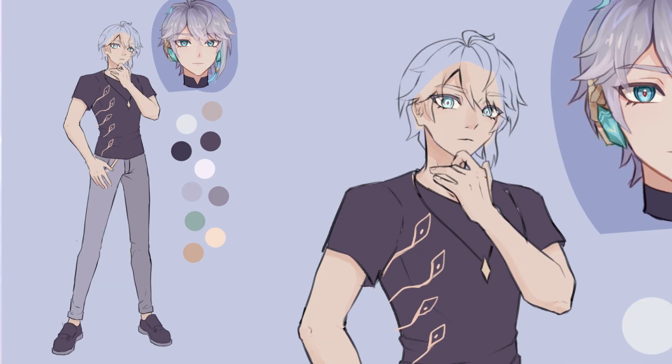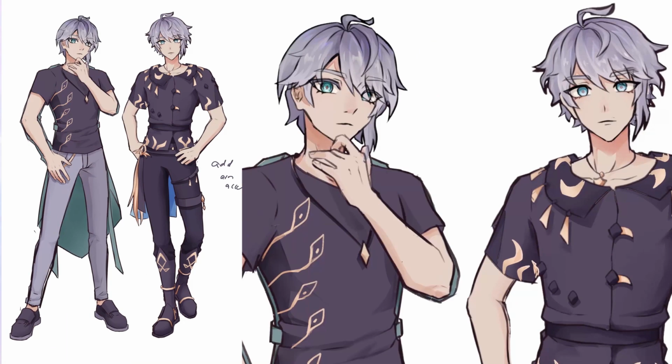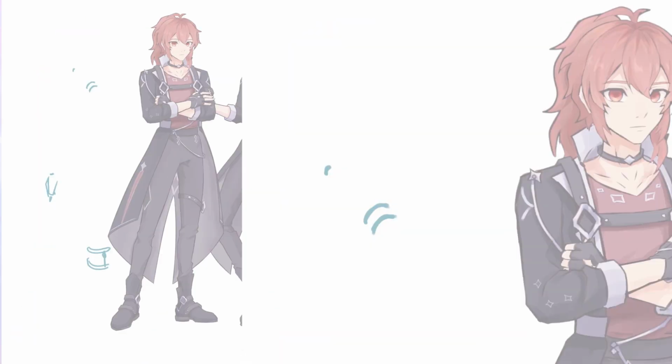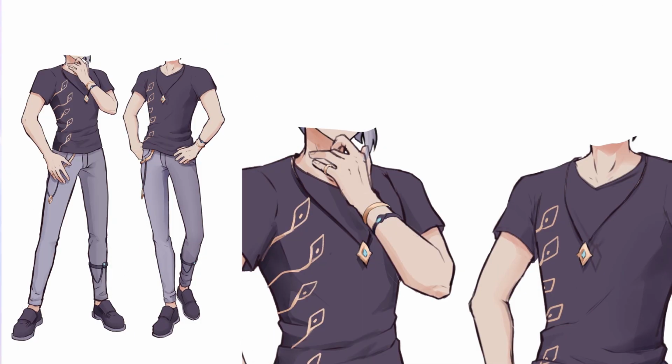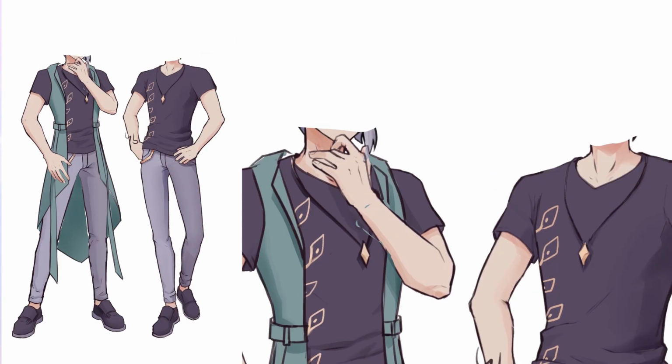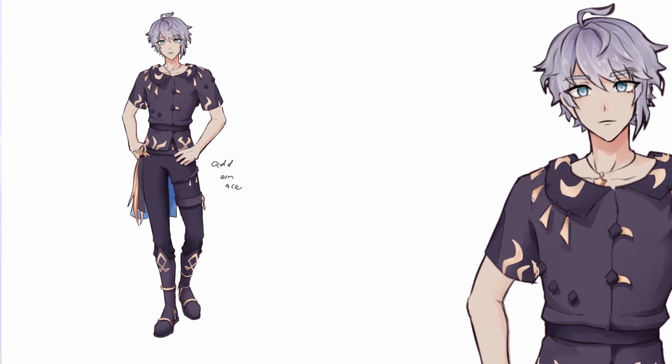I'm not sure if Alhaitham would just go for an all black look when wearing a modern outfit, or if he would wear a green jacket like this. What do you think? His shirt also has a gold pattern on it, and accessories I included for his modern outfit would be a necklace, a hip accessory on the left, bracelets for his right arm, and a leg accessory for his right leg. The jacket also has small gold stones on the sleeves.